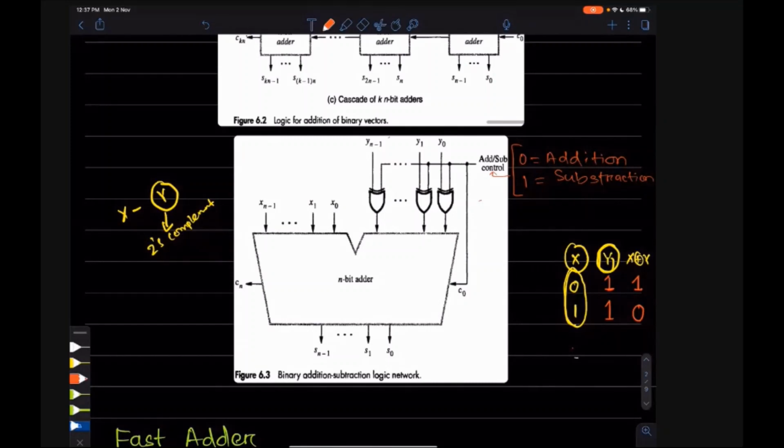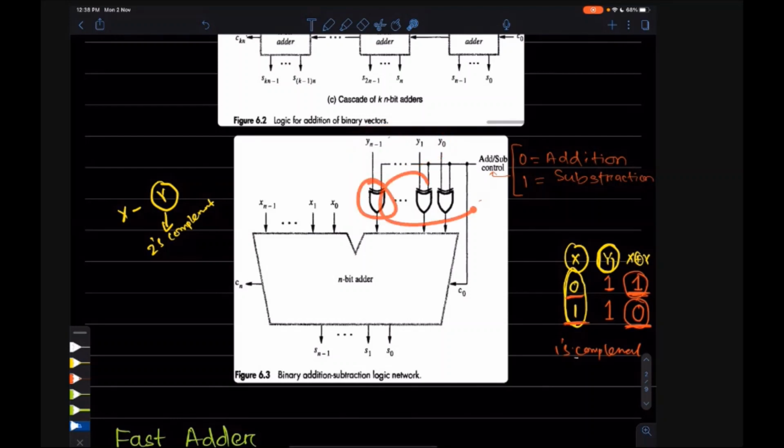Nice. So what we have seen is that whatever input you give as Y here is converted to the opposite. If you give 0, the output you get is 1. If you give 1, the output you get is 0. So 1's complement is done. Understood?